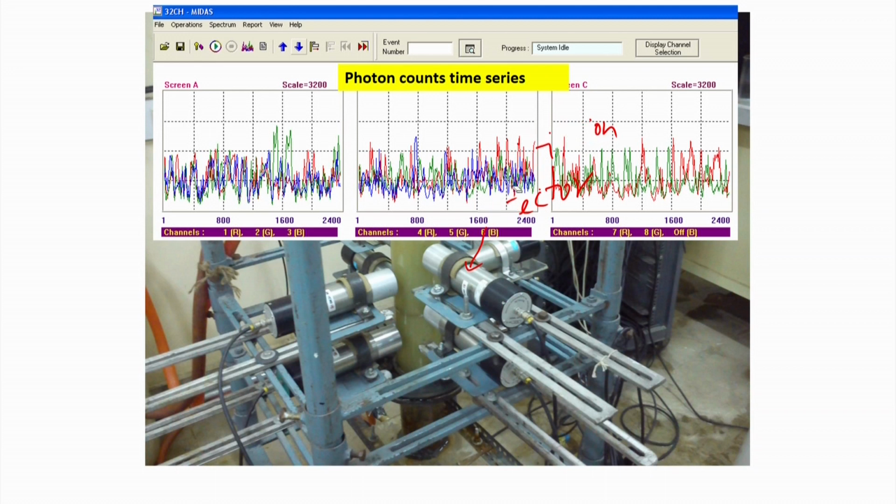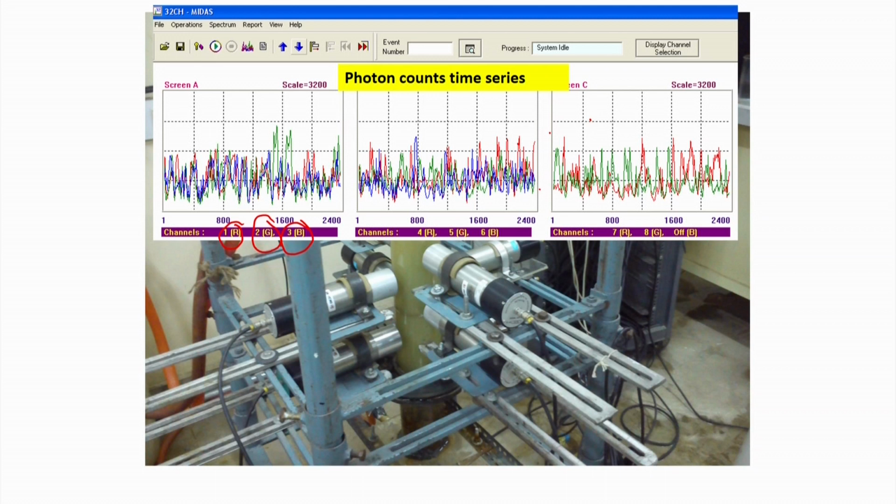Then, if you see, this is the photon count time series history for each detector. Each graph shows the photon count time series history for 3 detectors. This is for detector number 1, the graph is red, 2 green, and 3 blue. Similarly, for all the 3 boxes, this is for 4, 5, 6, 7, 8. Because I have used 8 detectors in this experiment, I am getting the photon count time series history for all the 8 detectors. Here the x axis is the number of events. If you multiply it by the data acquisition time, you will get the time unit, and the y axis is the